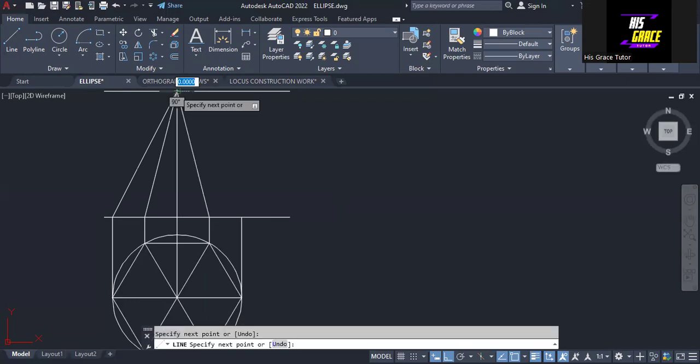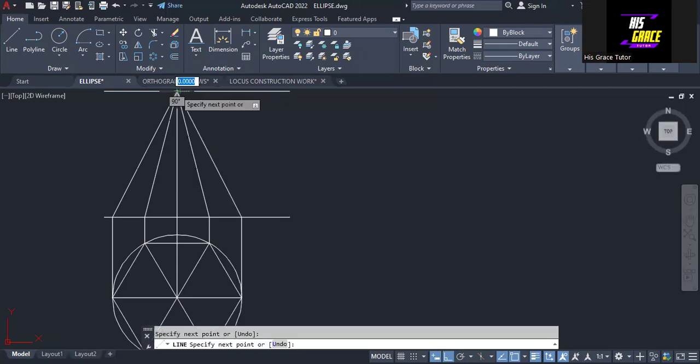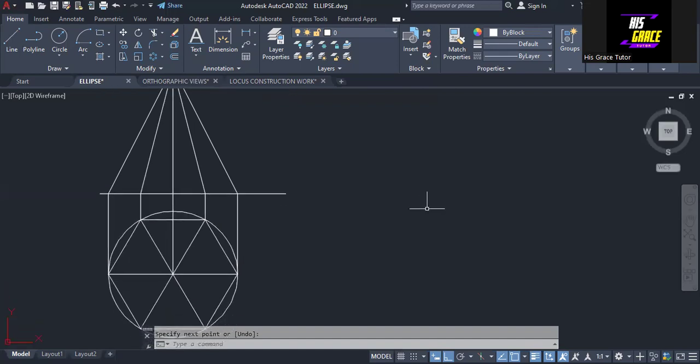Okay, so here we have this point. Then I'll repeat the line again, this point together with the apex of the pyramid. So that's it. We have made the front elevation of the pyramid. So the next thing that I'm going to do is that